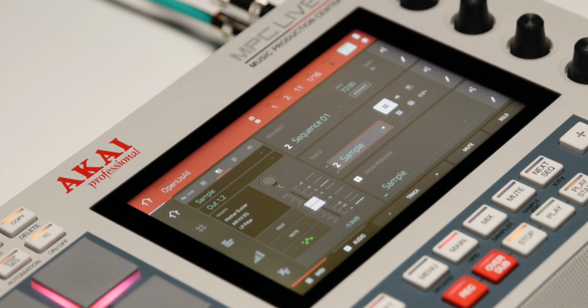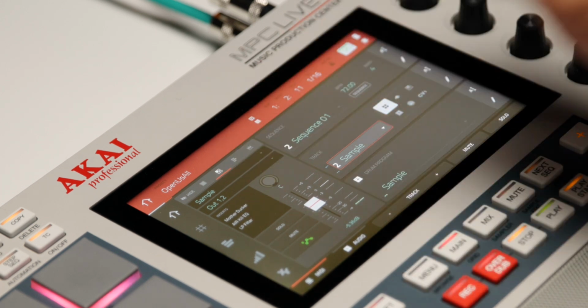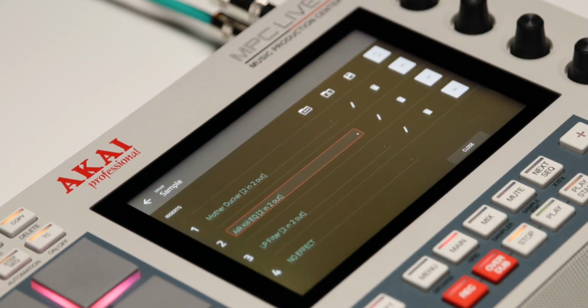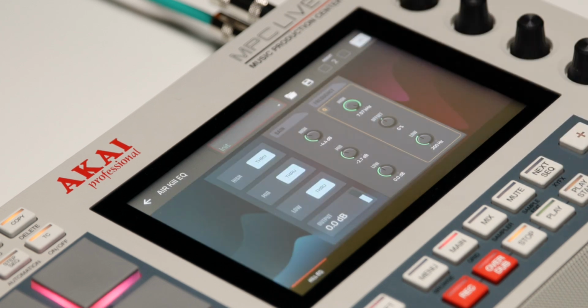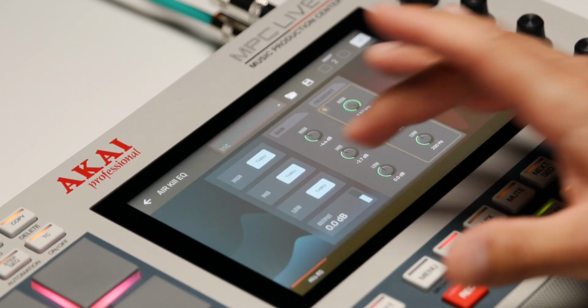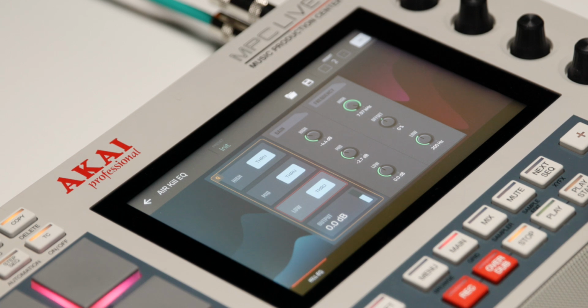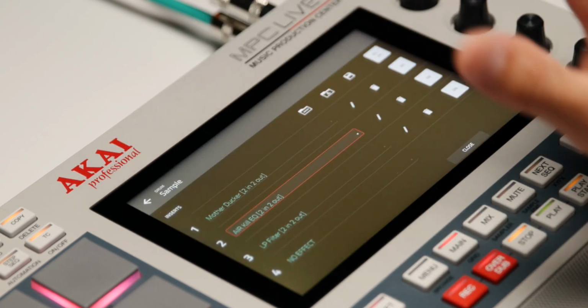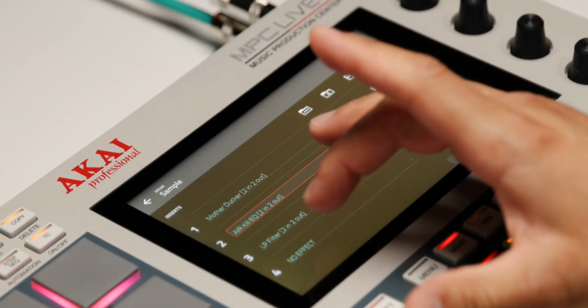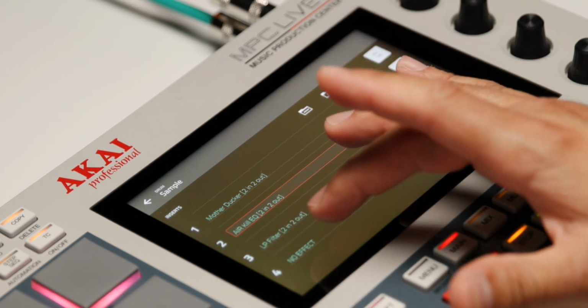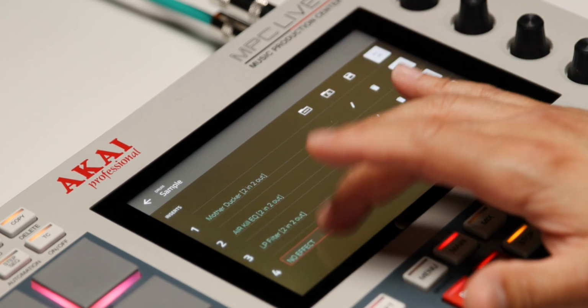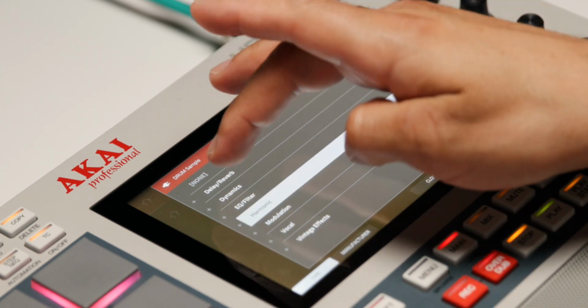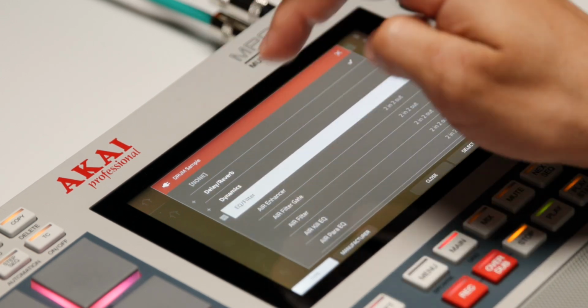And in our sample, what I'm gonna do is jump into our sample program. I'm gonna go into the EQ of that sample program. I'm gonna go to the low frequencies of that sample. As a matter of fact, you know what? No, I'm not gonna do that. What I'm gonna do is use one of these. Actually, I have a slot number 4 available. I'm gonna open up slot number 4 and go to my filters and I'm gonna add a